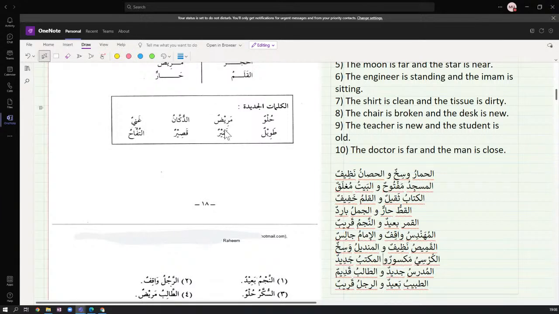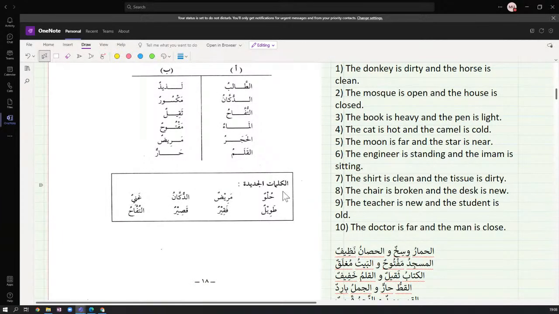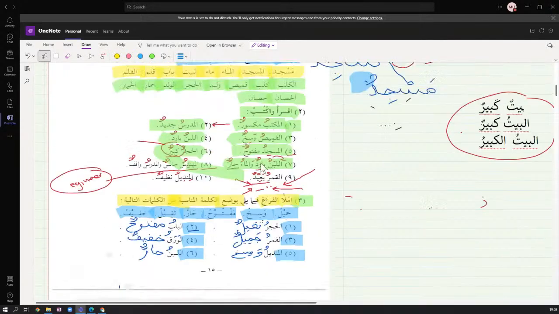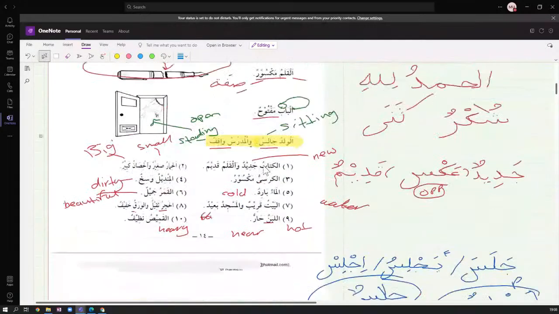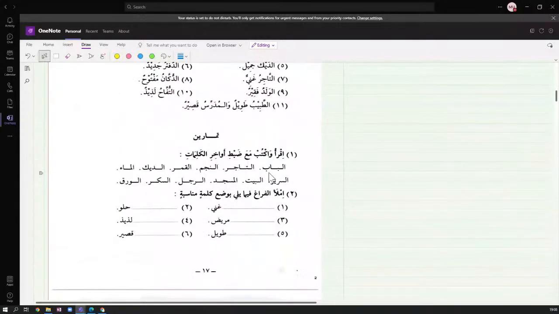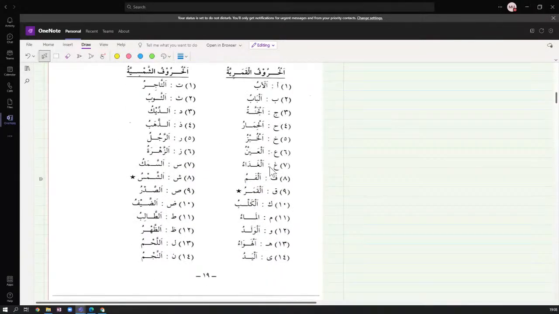So we reached this part in the last lesson, Al-Kalimatu al-Jadidatu, and if we remember, we studied Al-Hurufu al-Qamariyya wa-Shamsiyya, the sun and the moon letters. We mentioned that basically half of the alphabet are split into Al-Huruf al-Qamariyya and half of them into Al-Shamsiyya. This is not something that you generally have to memorize. You don't have to memorize which letters are Qamariyya and Shamsiyya, but when reading, you should know how to read them.